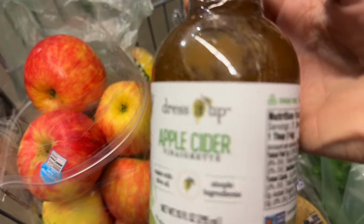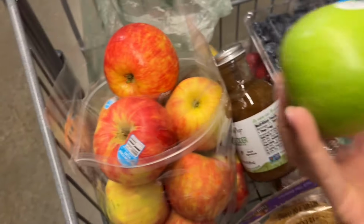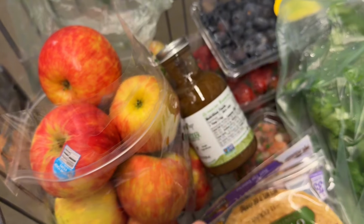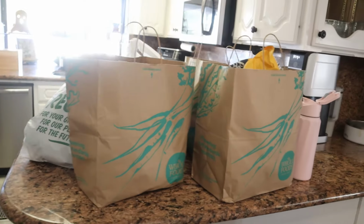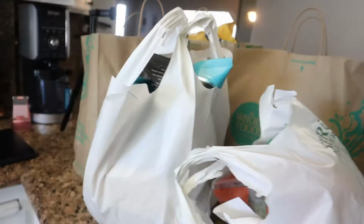Some dressing for my salad. I got a green apple. Well,